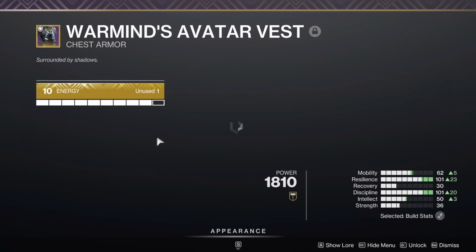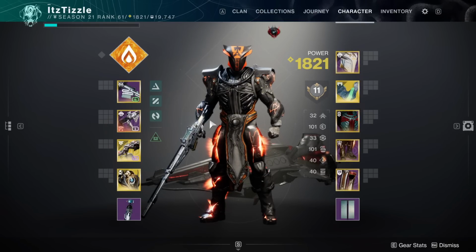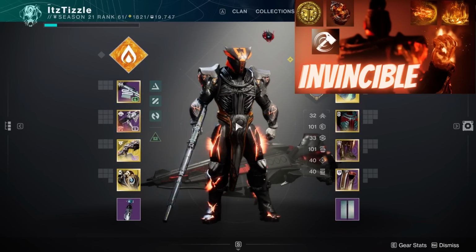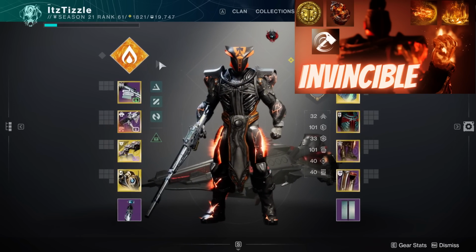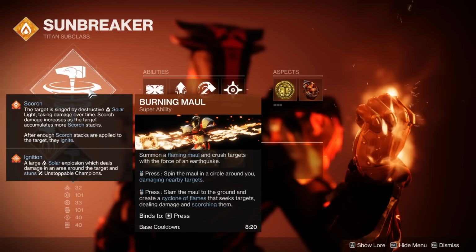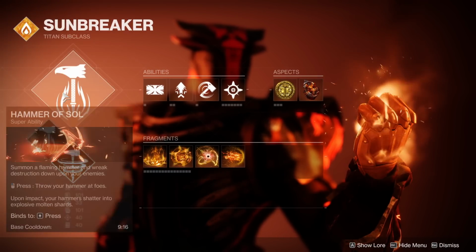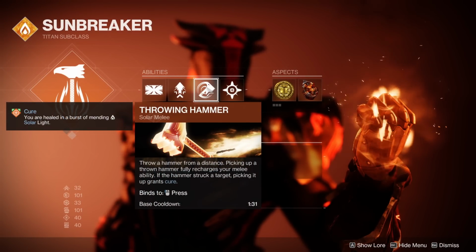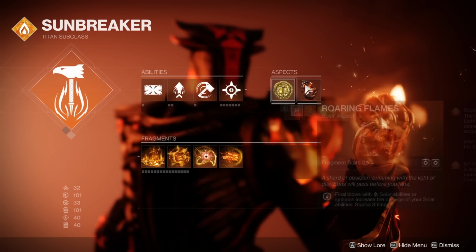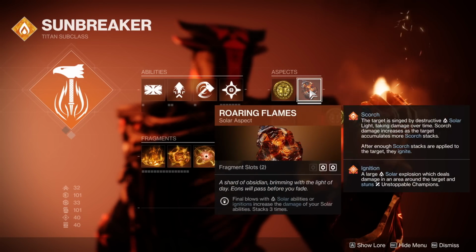Again, 100 resilience is key, and arc resist is important. And finally, we have what I think is really the best loadout in the game, but also the best loadout for solo flawlessing this dungeon, and that is the Solar Titan build. Burning Maul for that first boss, as I detailed, with Tractor Cannon and Bonk Hammer. But for the final boss, you want Hammer of Soul for taking down that shield, Bonk Hammer for killing everything, Healing Grenades if you're in a pinch, even though Soul Invictus will spawn sunspots, which give you restoration,